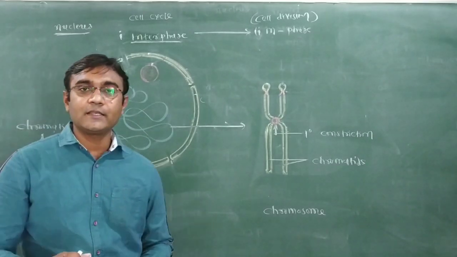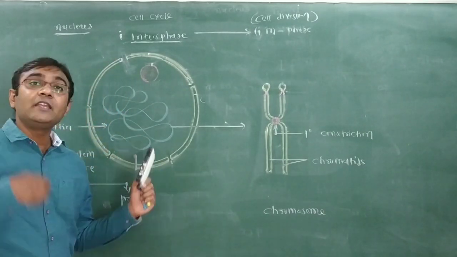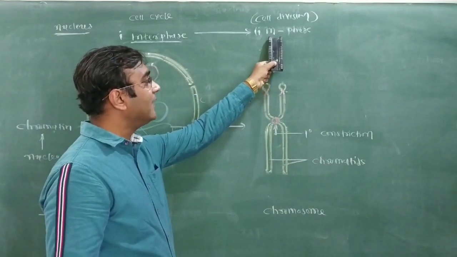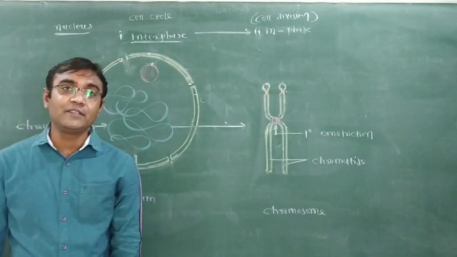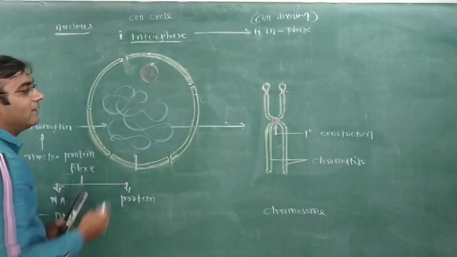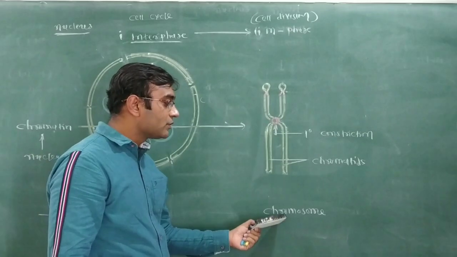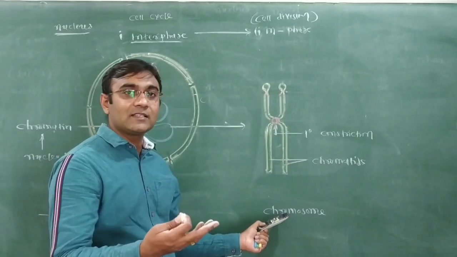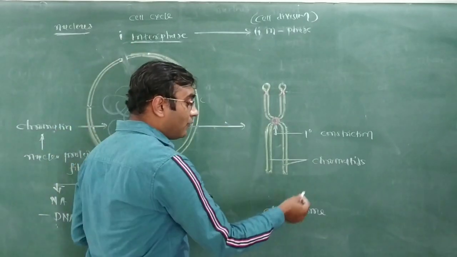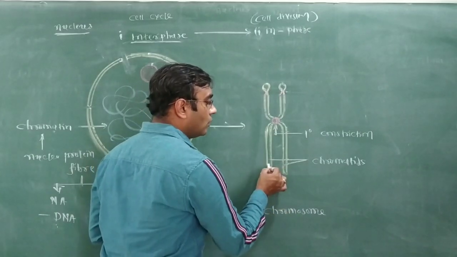Now in today's lecture, we are going to learn about chromatin in which form during the second phase of the cell cycle, which is the M phase or cell division time. This chromatin, highly complex and spread out, not clear-cut, now becomes a clear-cut structure as a chromosome. It means chromatin acts as a chromosome structure in M phase or cell division phase.